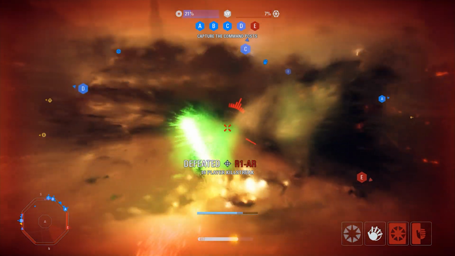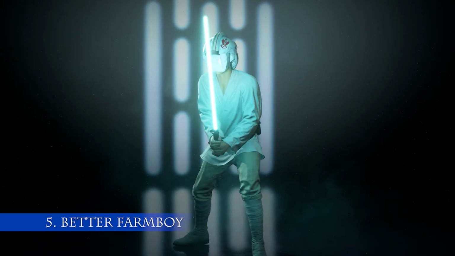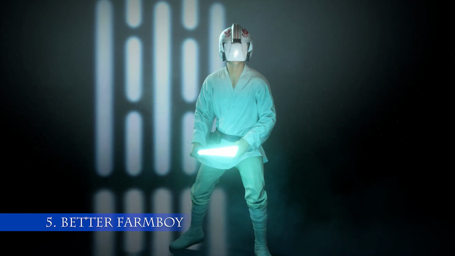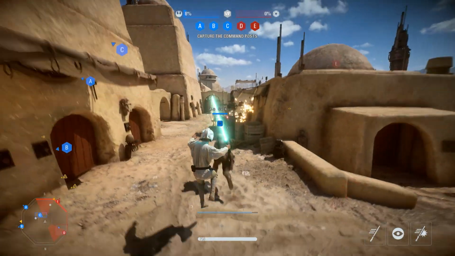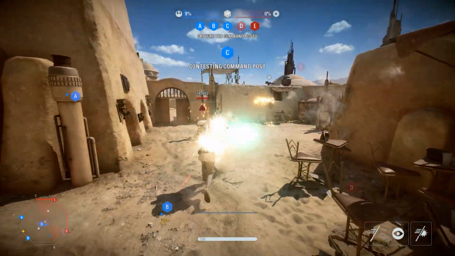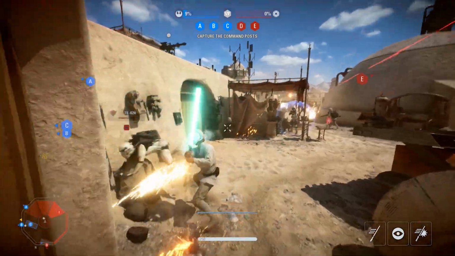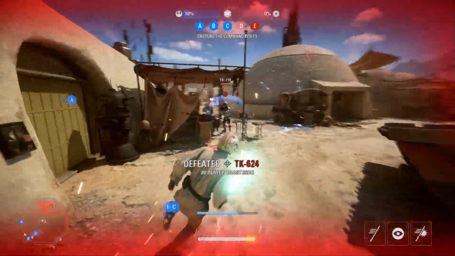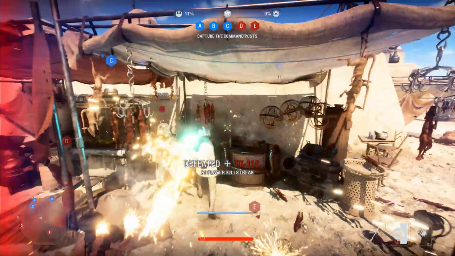Now coming in at number 5, we have the Better Farmboy mod, which essentially gives Luke's outfit from A New Hope its correct colours from the film. I'm also making use of a mod that's unfortunately been deleted, which is Luke's training helmet mod that gives Luke his training helmet that Obi-Wan gives him when he's learning how to deflect blaster fire on the Millennium Falcon. These two mods I paired together to give Luke a very film accurate appearance, but the real kicker is to